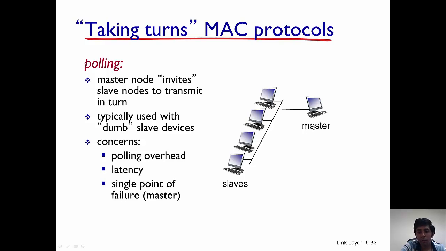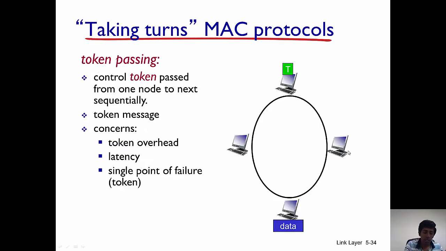Here, this configuration is called a master-slave configuration, where there's one node designated as the master, and all the other nodes are designated as slaves. The master basically asks the slaves, which are quote unquote dumb, whether they want to transmit. It polls, and here it polled node 1, and that node sent the data. Then it does not poll the second node, because the second node may not have any data to transmit. It then polls the third node, and the third node says, I want to transmit, so it transmitted the data.